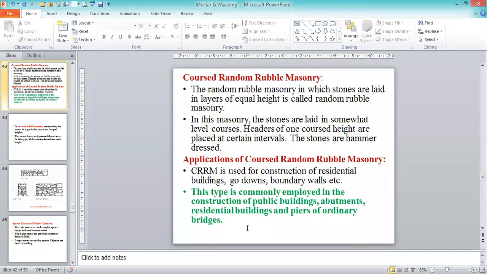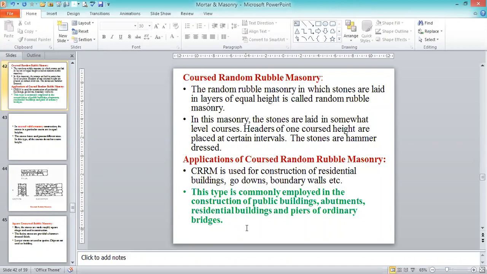In coursed masonry, we keep length with height or width with height throughout the layer, throughout the length or the width, and it is jointed together by the joints we provide. Because any brick or stone does not come in lengths of 1 meter, 2 meters, or 3 meters, we are not able to get that. So each piece of stone or brick is jointed together by joints, and all the joints we fill with appropriate mortar.